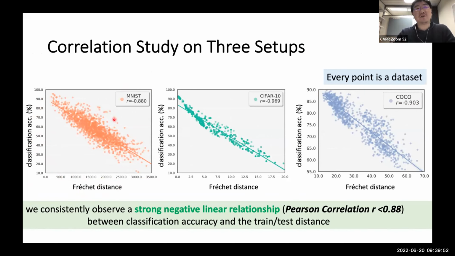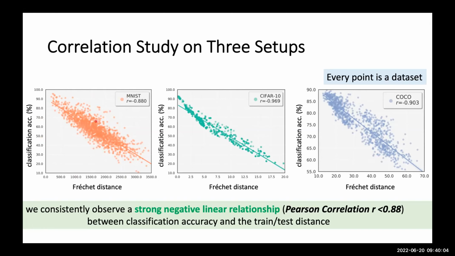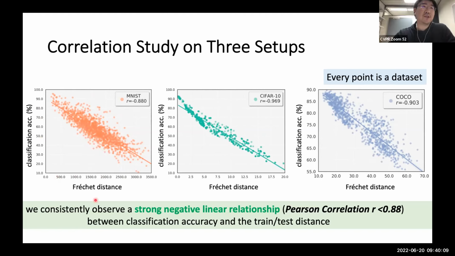Every point is a data set, a test set or synthetic set. Every data set here is represented by two numbers: its feature distance to the training set and its classification accuracy, where we test our classifier on this test set.